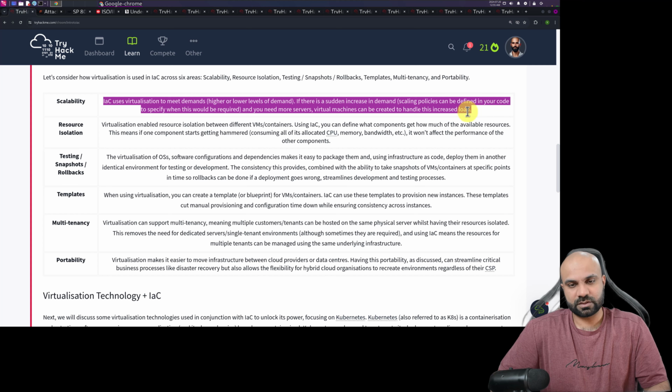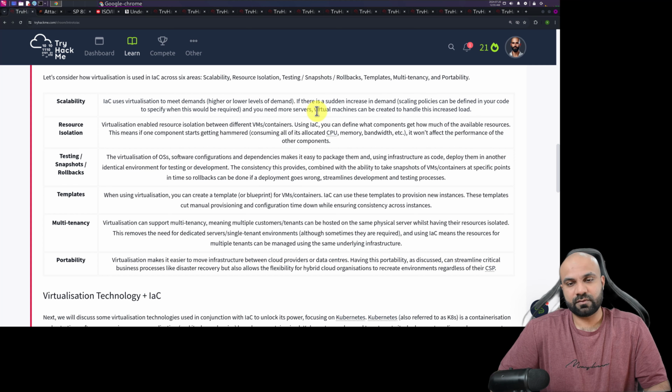If you are using just the Docker container engine, then you may need to apply some policies. And if you are going with virtual machines, there could be a distribution for VMware which will allow you to create more virtual machines on the hardware to handle the increased load. So it really depends.